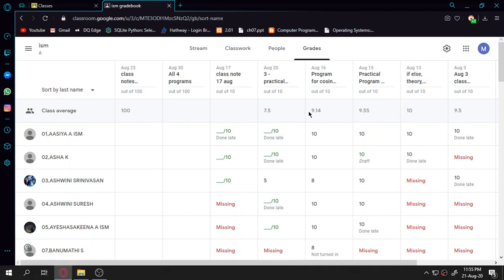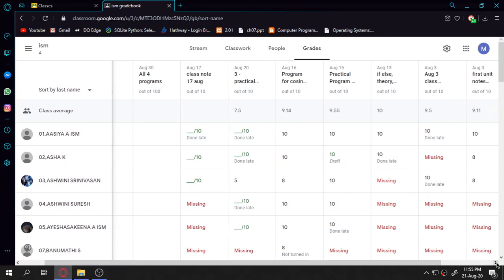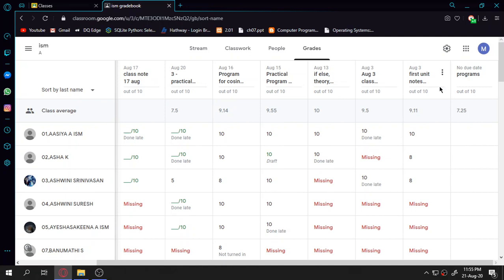So I randomly give assignments so that whatever they have listened to that same day, they can take as notes and submit to Google Classroom. I create classwork every day, or randomly twice a week, and ask them to submit the work. The students have done it, and you can see this is the grade book. What the grade book shows is all the work they have done so far. Till August 3rd I have been giving them work, and there are many assignments I have given. We can edit, we can delete, and I can return this work to the students afterwards.